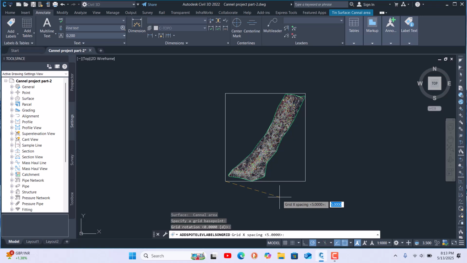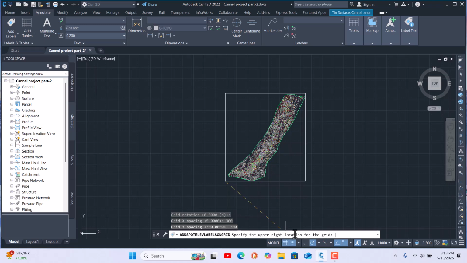Then it's asking for x axis spacing. I'm giving 300 meters here, 300, then enter. Now it's asking for the y spacing, also 300, meaning 300 by 300 we will get one label.